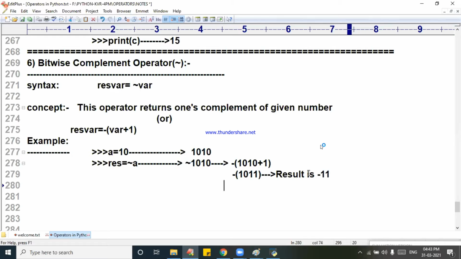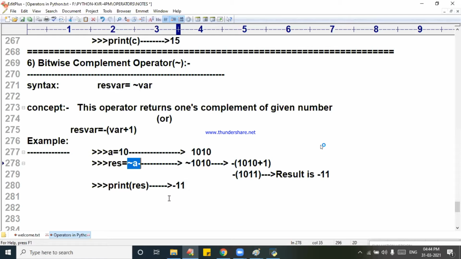In this case of our previous example, print of RES, the answer is minus 11. Even formula-wise you can go for it. A is equal to 10, complement of A is going to be minus 11.